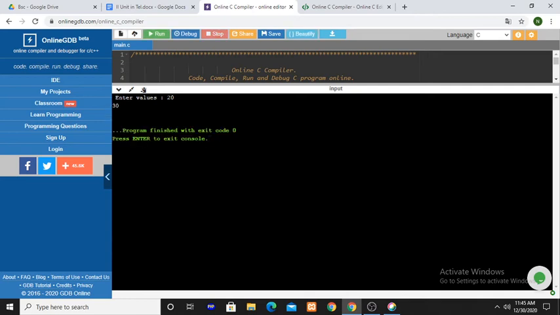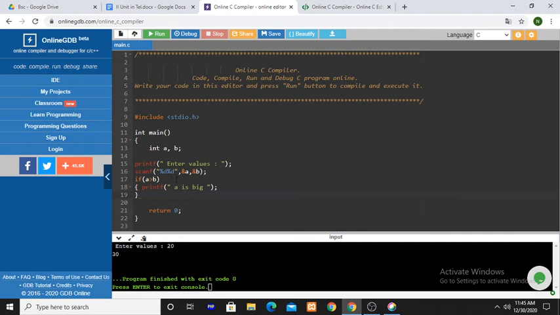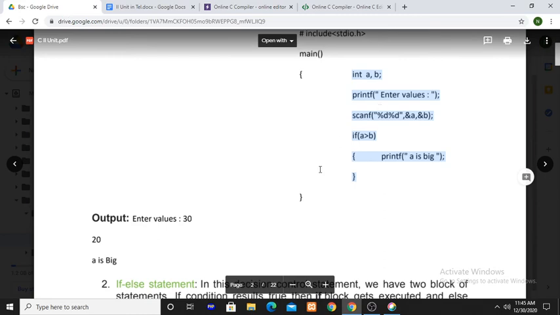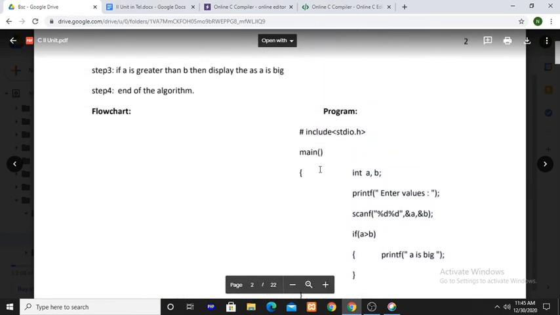Now this time A value is 20, B value is 30. So 20 greater than 30, condition is false. So in the false situation, this printf statement is not executed. So there is no output. Okay. So that is the if statement syntax.